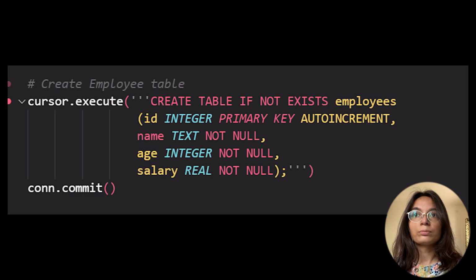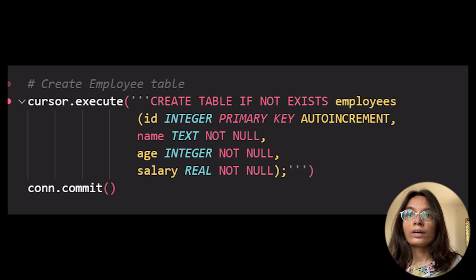This code creates an employees table in the database with four columns: ID, name, age, and salary. The ID column is set as a primary key with auto-incrementing integers. The not null constraint ensures that each row has a value for all columns. The if not exists clause prevents the table from being created if it already exists. The execute command is used to execute the SQL statement, and commit is called on the connection object to save the